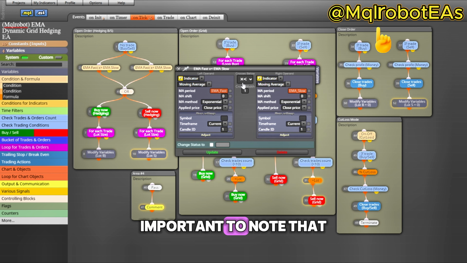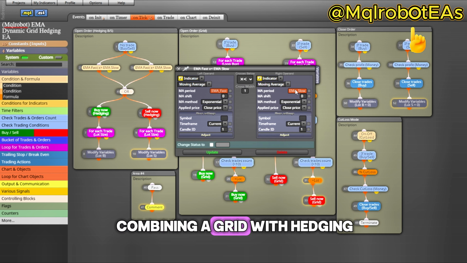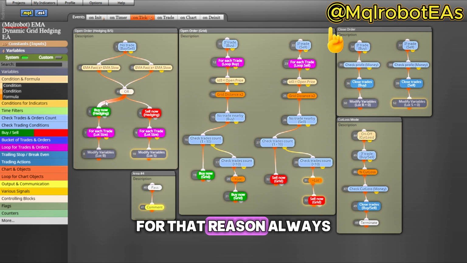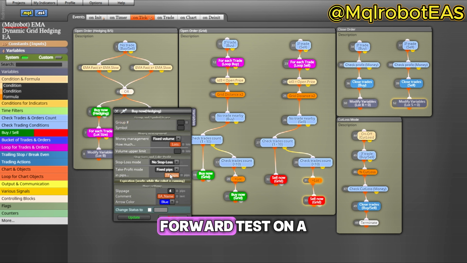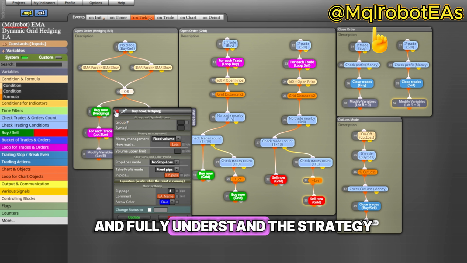It's very important to note that combining a grid with hedging increases both opportunity and risk. Misuse or poor parameter setup can lead to large drawdowns. For that reason, always backtest with 99.9% tick data, forward test on a demo account, and fully understand the strategy